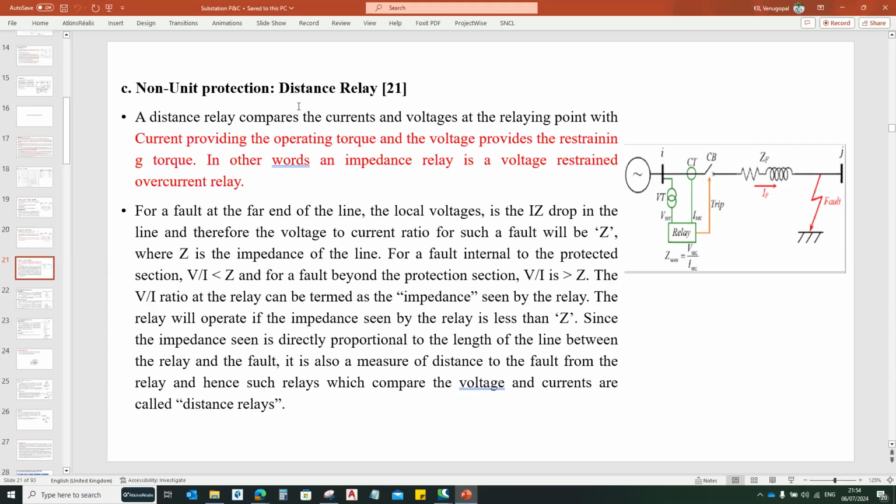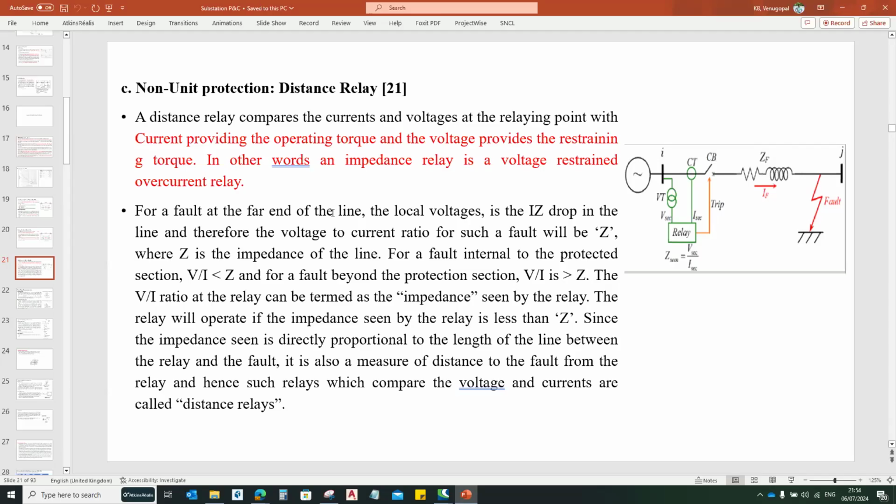The distance relay compares the current and voltage at the relaying point, with the current providing the operating torque and the voltage providing the restraining torque. In other words, an impedance relay is a voltage restraint overcurrent relay. For a fault